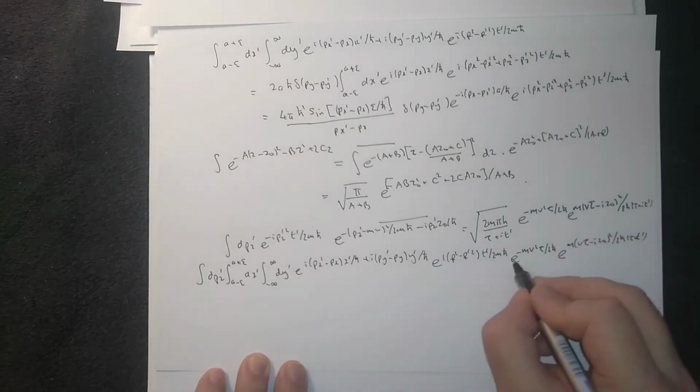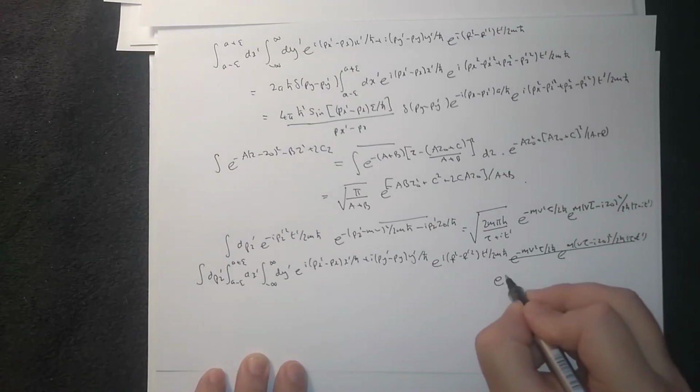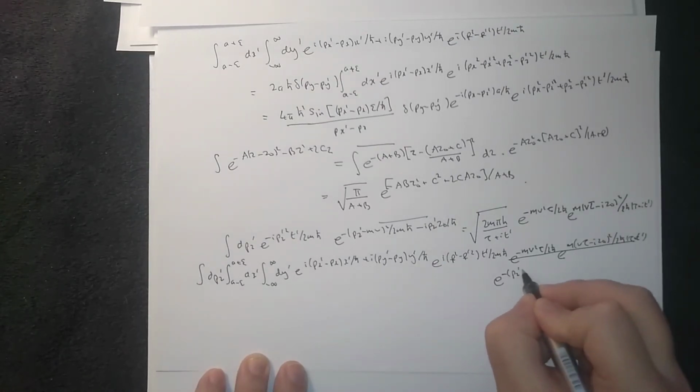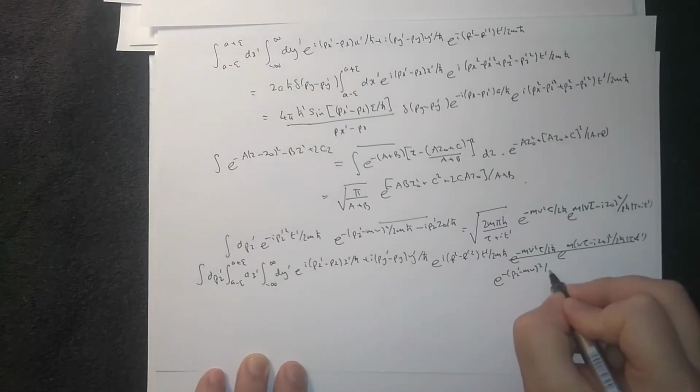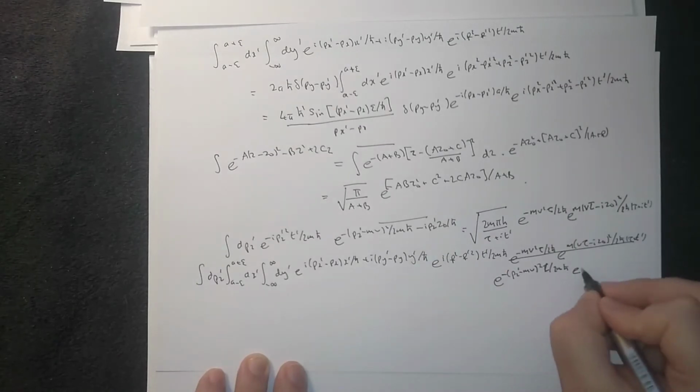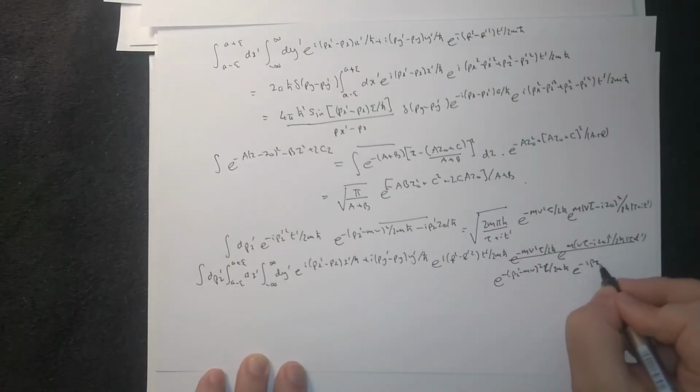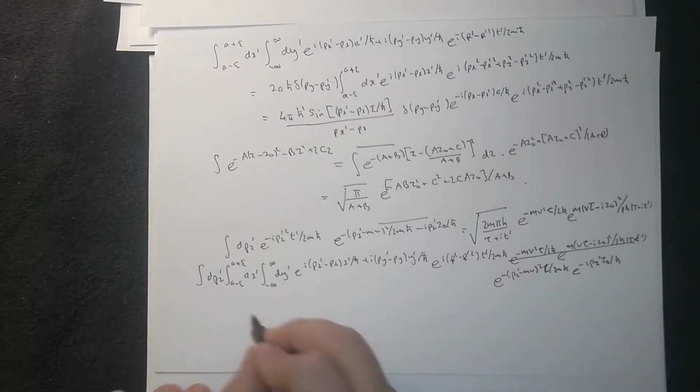Actually no, I've jumped ahead. Let me put in the minus (pz prime minus m v) squared tau over 2m h bar, e to the minus i pz prime z naught over h bar is equal to